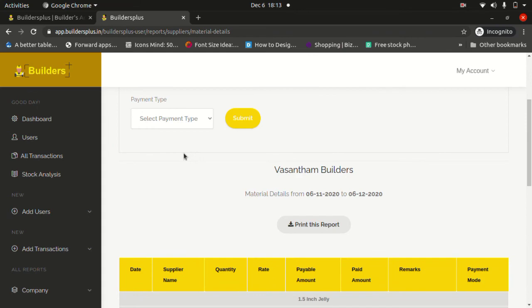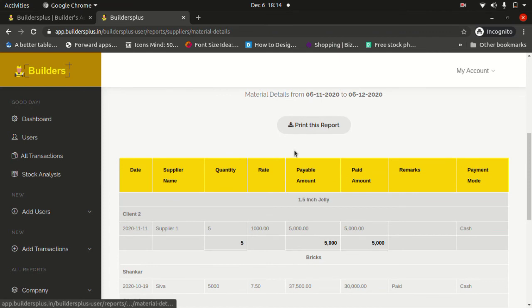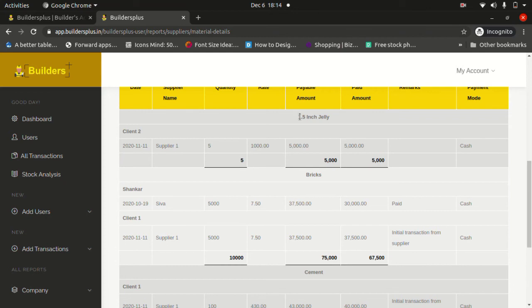So this is the material details. You can change the date also, and you can take a printout of these tables. Here, for each material, 1.5 inch jelly for client 2, through supplier 1 we purchased 5 quantity for 1,000 rupees. Total amount is 5,000, which is a cash payment.